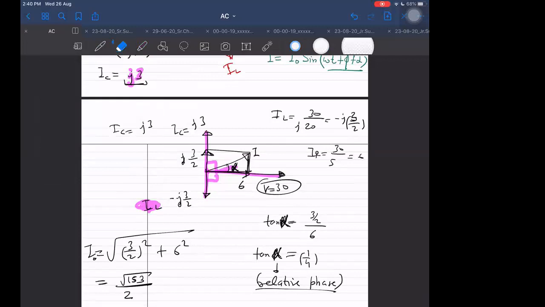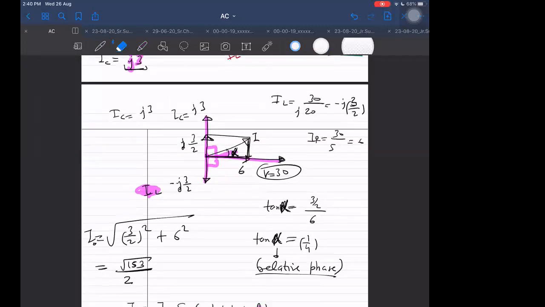Or you remember that inductors have the property that they tend to oppose the current. Therefore the current will be lagging in inductors because they oppose the current. Think in this way also. This way also we can tell.